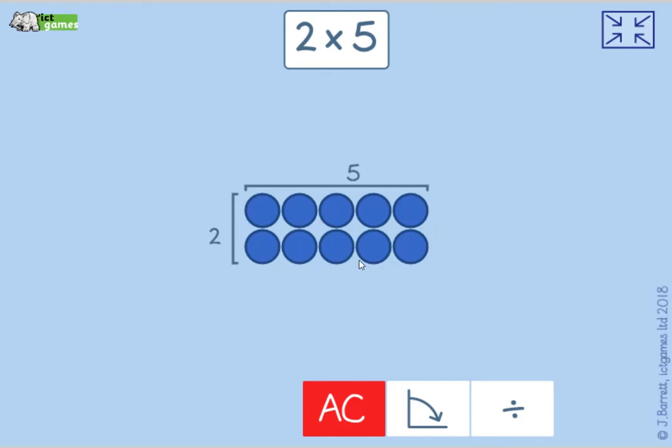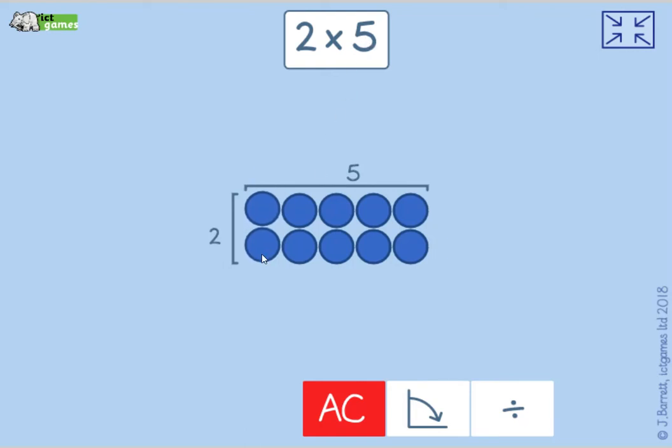We've got, this is called, does anybody know what it's called? Turn to your partner if you know what this is called. It's called an array. My turn, array. Your turn. My turn, array. Your turn. Yeah, array. And what it shows you here is that we've got 2, and we've got 2